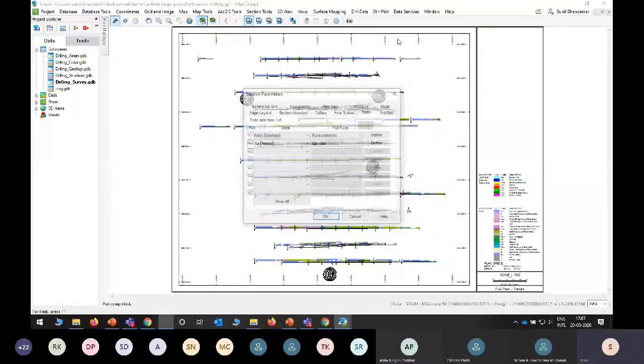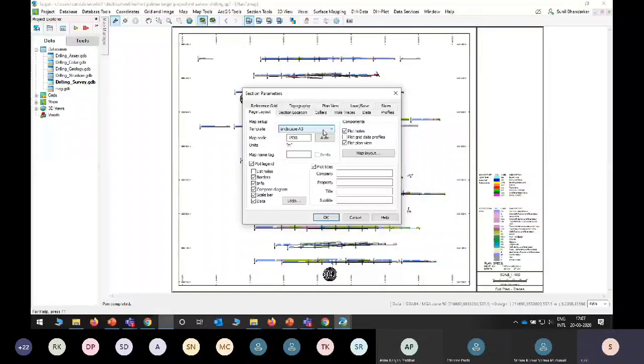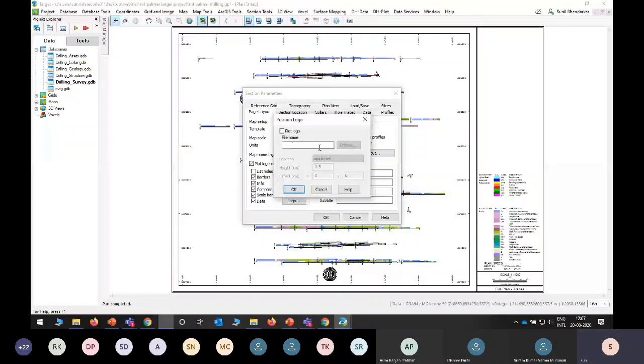select a section, and again here in page layout, the same thing we saw in the plan map. You need to select the paper size, auto scale, legend if you want. You can add your company logo also by selecting a name and a logo file.